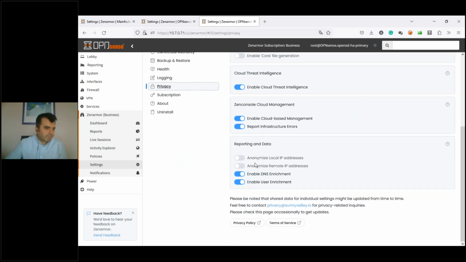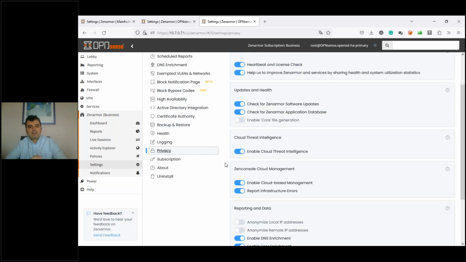Privacy, these settings are a bit important. Anonymize feature: if you activate it for the local IP or remote IP addresses, ZenArmor will mask the real IP addresses. It uses random IP addresses from a 10 class A IP block.